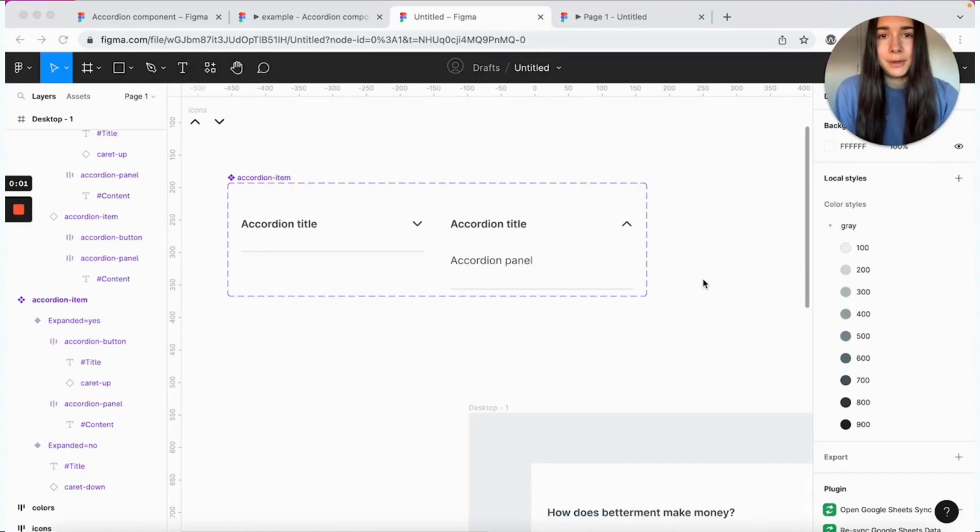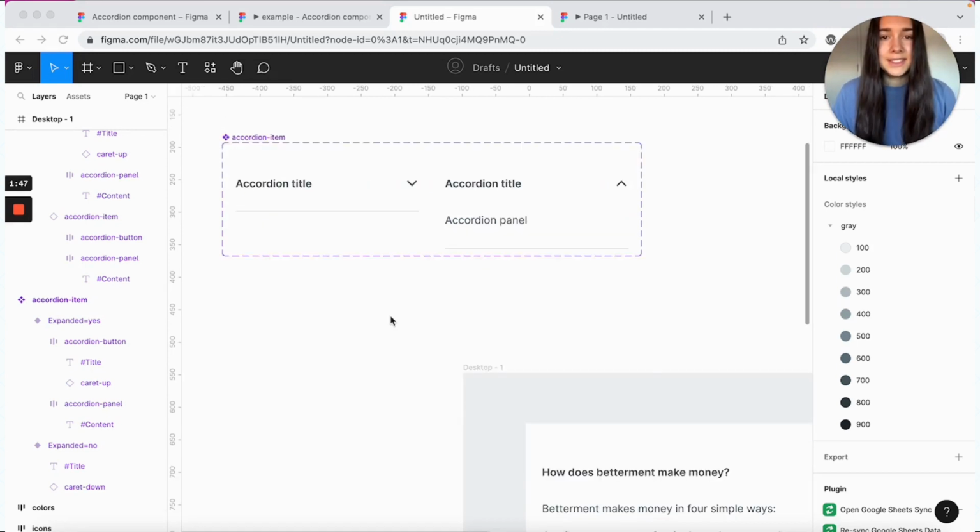But the thing is, if I were to actually implement this component in code, it would make it slightly more difficult, because then I would have had to figure out, okay, when the state is open, I want the bottom padding of the button to be 16 pixels, and when it's closed, I want it to be 32 pixels. It's not really a big deal, but wherever possible, I do try to make the implementation of the component as easy as it can be.